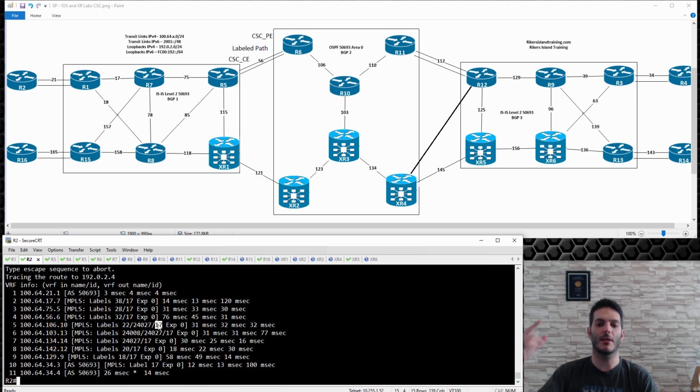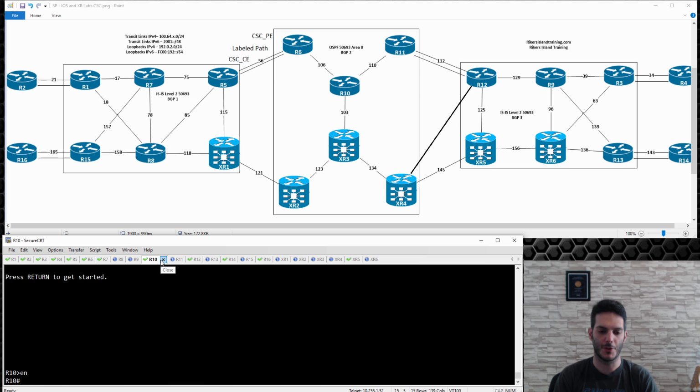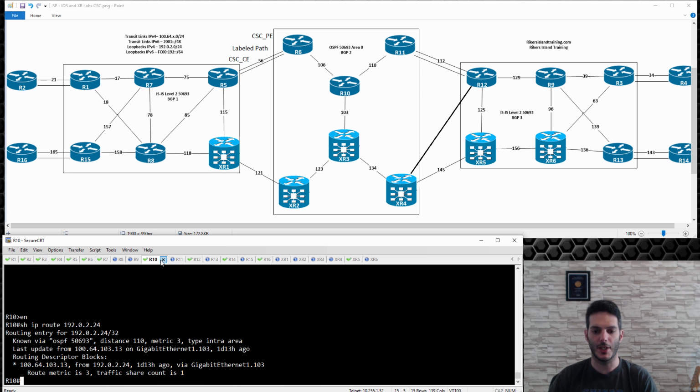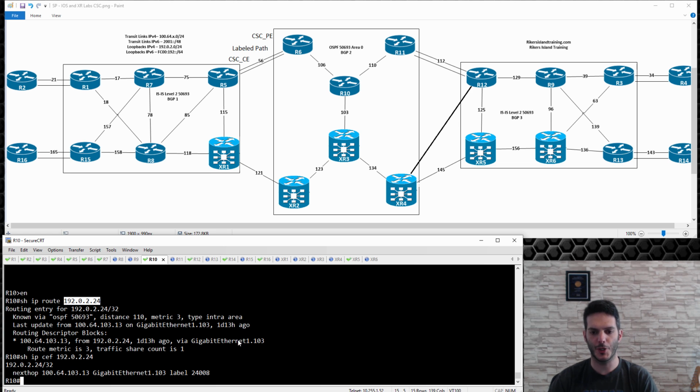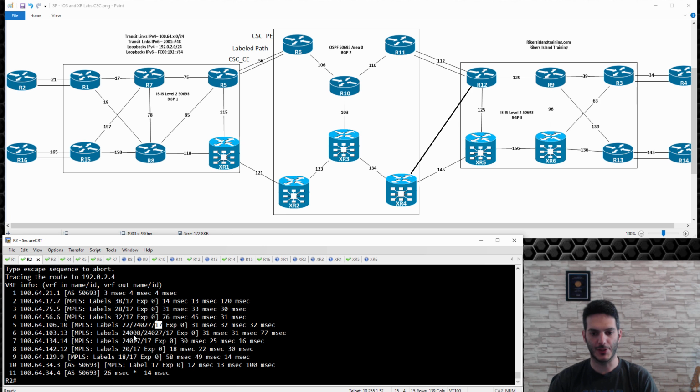And this process just keeps repeating and repeating and repeating itself. We go to R10. We do a show IP route to 192.0.2.24. We see a show IP CEF for the same address. We're going to use label 24,008. Go back to R2. 24,008, 24,027. That doesn't change. The transport label doesn't change as you're going through the core. Now we go towards